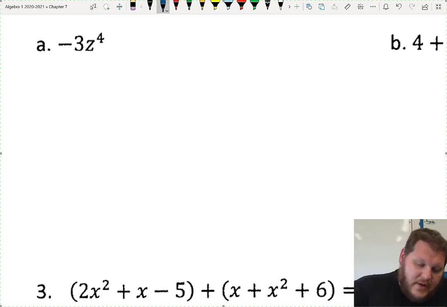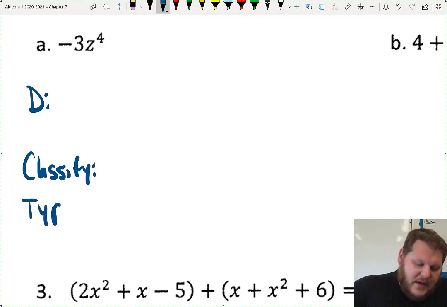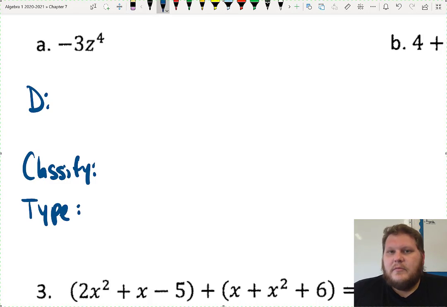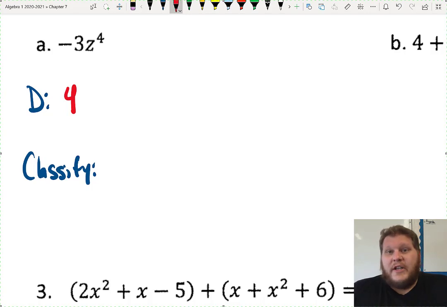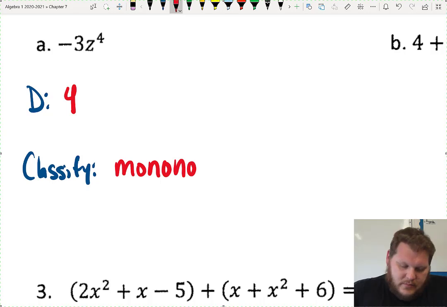So all I have to do is identify the degree, and we're asked to classify, which sometimes is called the type of polynomial. I'll just usually call it classify here. So my degree, that's just matching my highest exponent, which is positive 4. This only has one term to it, so this would be classified as a monomial. Okay. Part B,